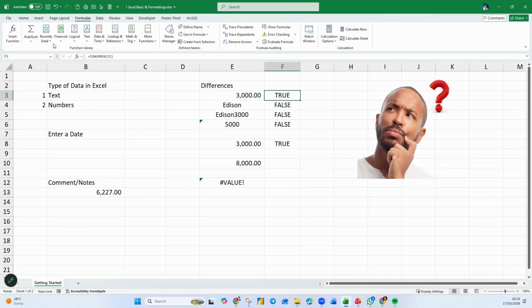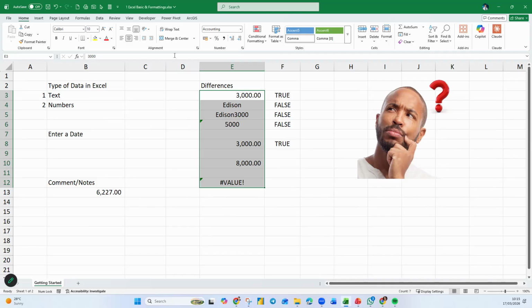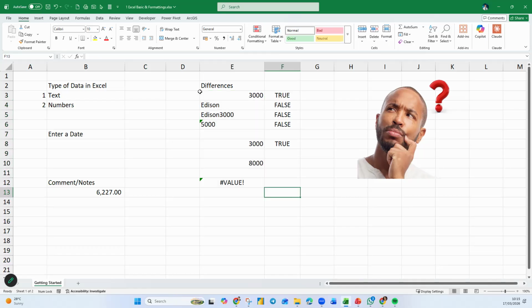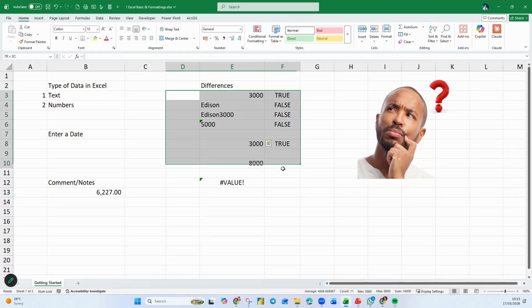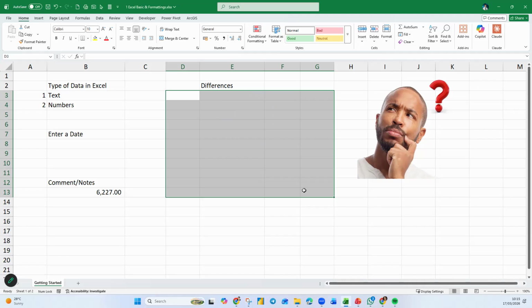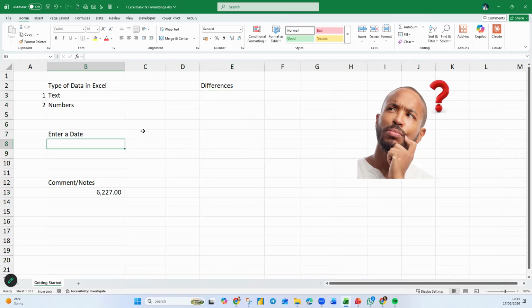So from time to time, if you can, you can highlight all of them and say, okay, let's go back here. Let's take away the formatting. Let's put it back to General. Now we know the left and right. If you remove all the formatting, then you can see. Now, that's one very important piece of information to look at. Now, what about dates?